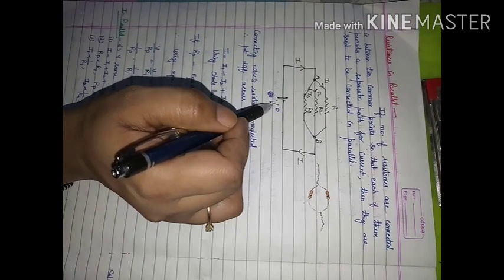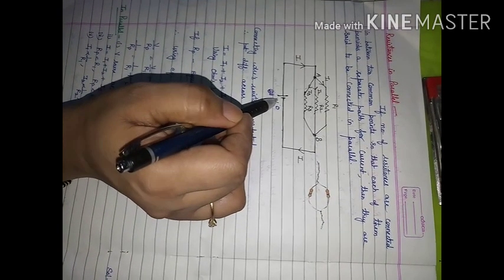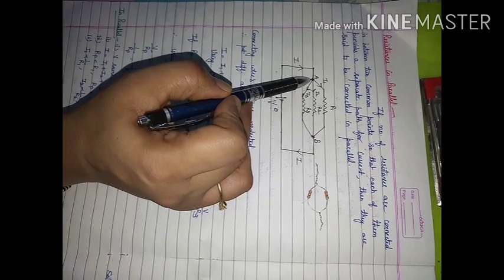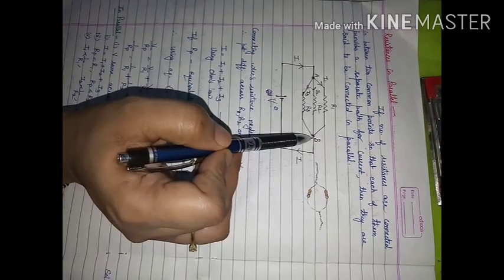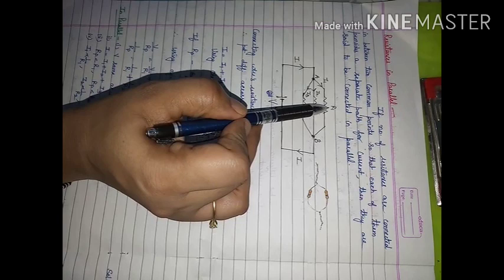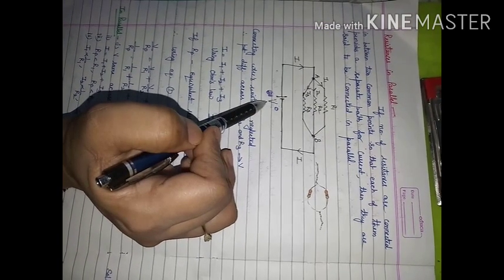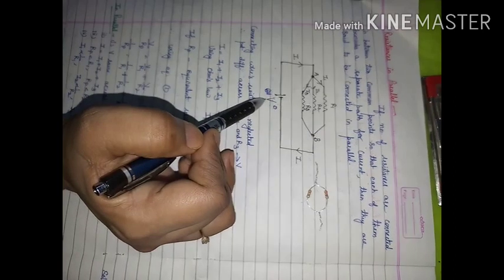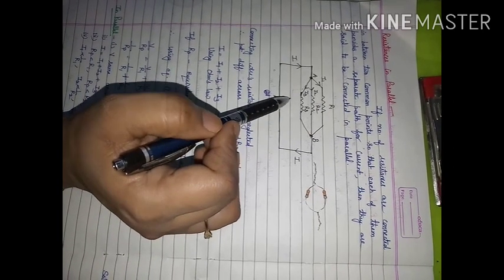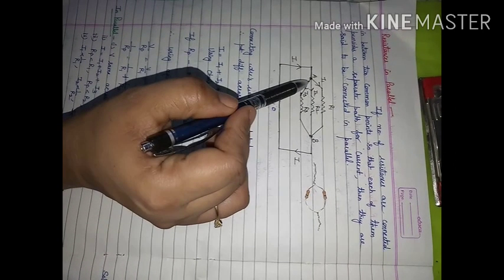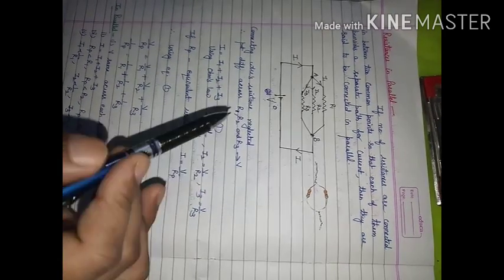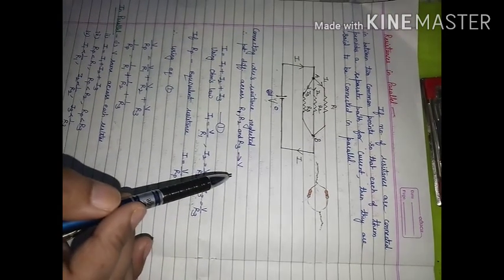Whatever potential difference we have applied from the supply, the same potential difference we will be able to see across ends A and B. So across R1 the potential drop will be V, across R2 the potential drop will be V, across R3 also the potential drop will be V. So in this case, current is going to get divided, and potential across each resistor will remain the same.